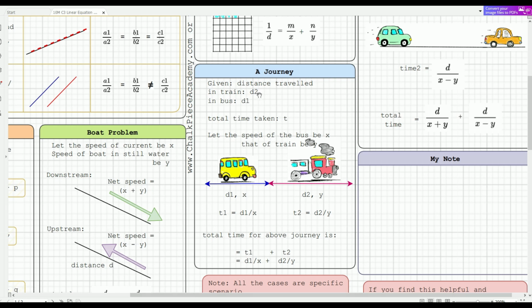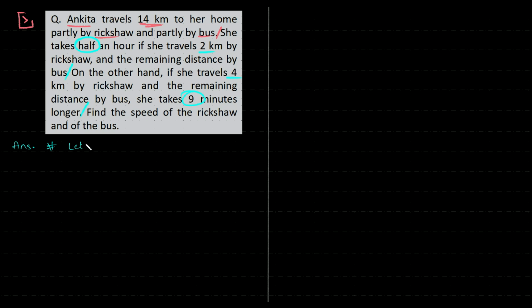Right? Any journey question, we'll have to talk about the distance, the time, okay, and relate the total time with the time taken for the first half of the journey and the second half of the journey. This is the funda. So we have to begin with: let the speed of